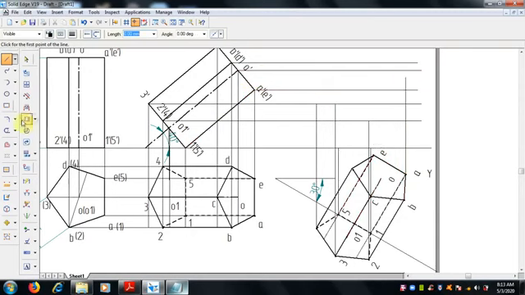Next, the top ABCD also: we have to project A to A where it meets, and then trim it off. If it doesn't come properly, A is okay, and draw a line from the point, projector B, it will meet here.